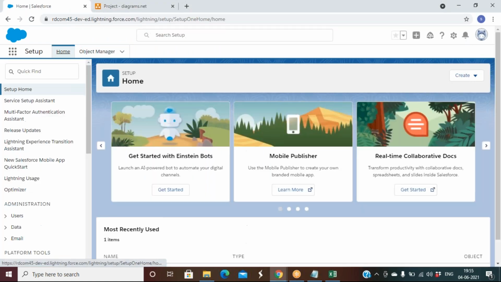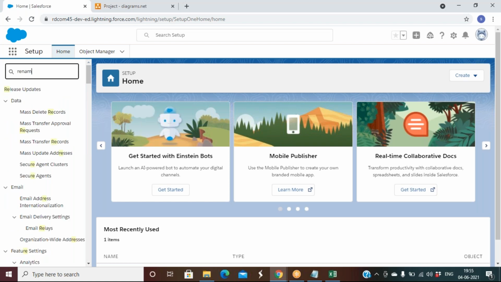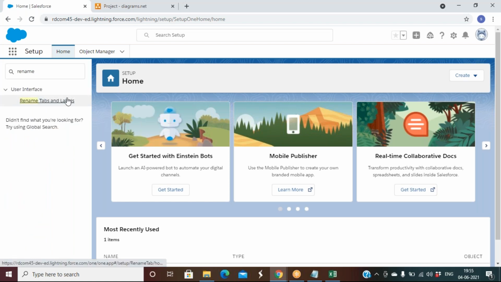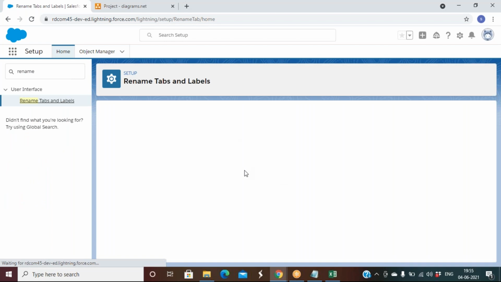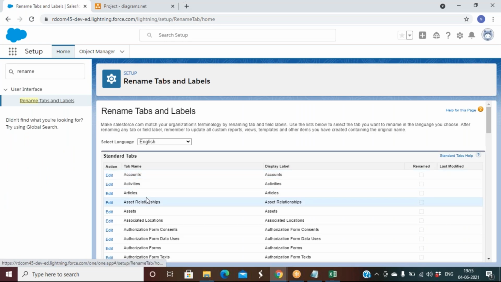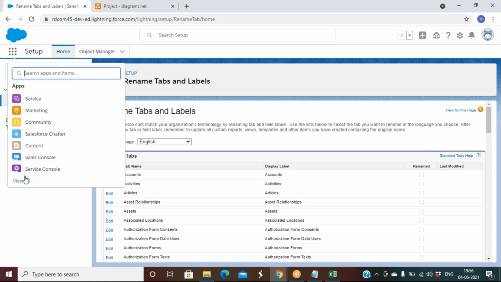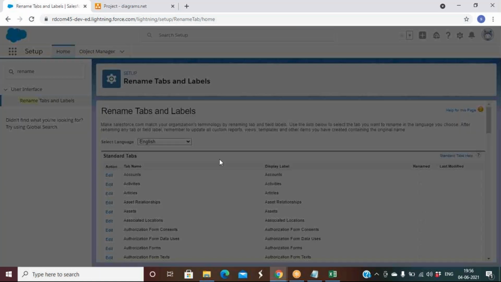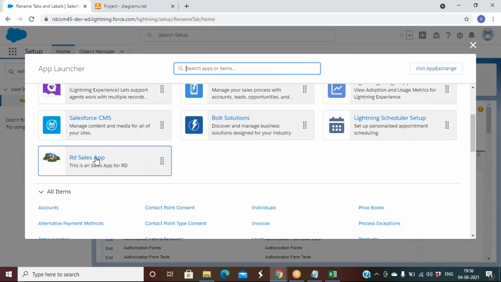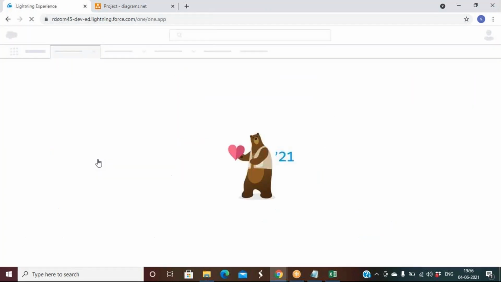Just go to Setup, type rename tabs and labels. You can change the name of the object, but the object name in the backend, the API name, will not change. Only the label changes. Whatever name the user sees on his navigation bar when he logs into the app is going to be changed.